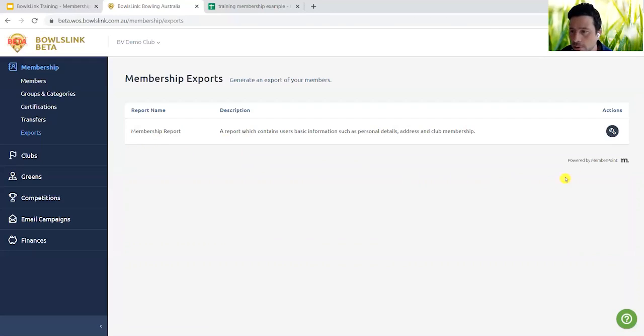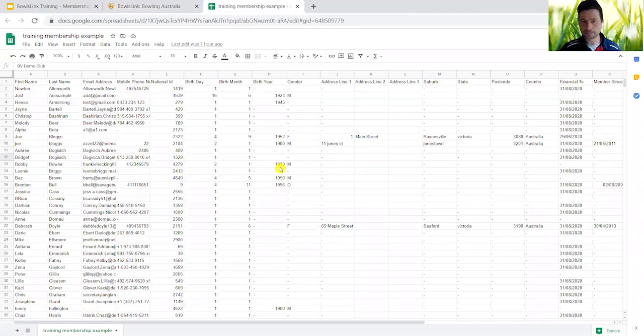All right, export. So all you do here is you click on the actions button, you hit download report. I'm not going to do that because it's not one of the windows that I'm sharing at the moment. I've done this prior to the webinar. So if I click up here on the tab up here, this is what you're going to see. Now I recommend that all our club administrators, they're the people that are on today, probably do an export at the start of the season,